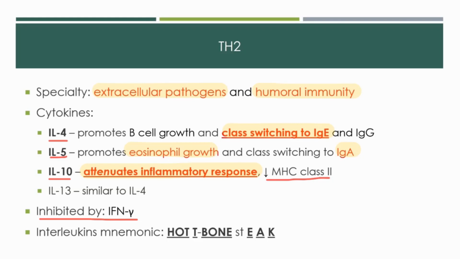The mnemonic is hot T-bone steak, but you kind of have to remember what's being emphasized. The word hot goes with IL-1 to help you recall that it causes fever. The T is for the fact that IL-2 stimulates T cells and IL-3 stimulates bone marrow. That's what the bone is for. And then you just have to ignore the next couple of letters before you get to the real reason I